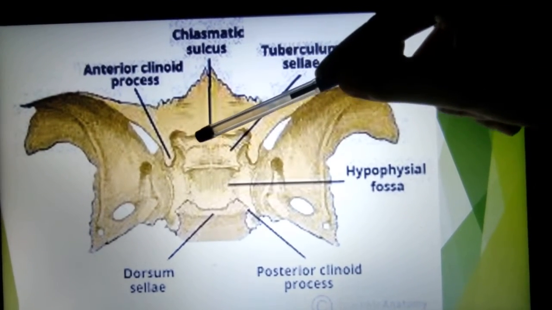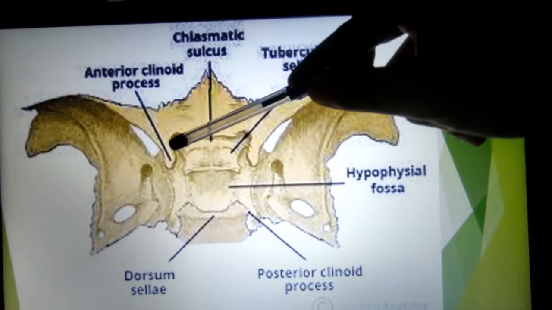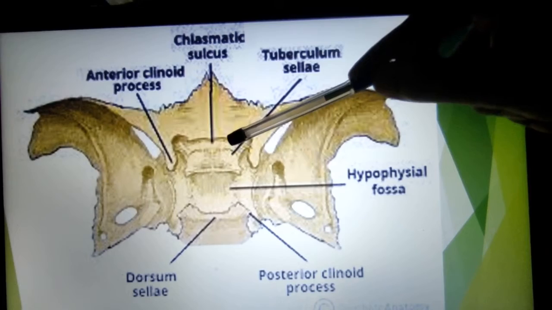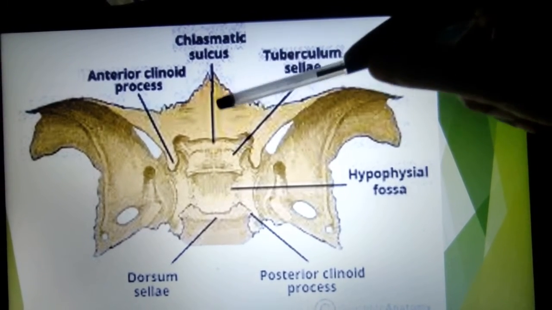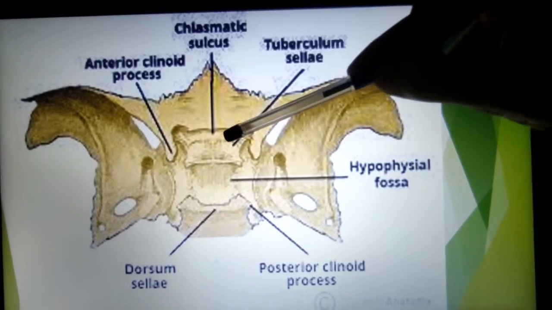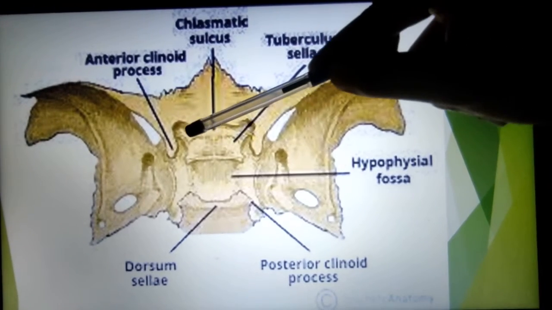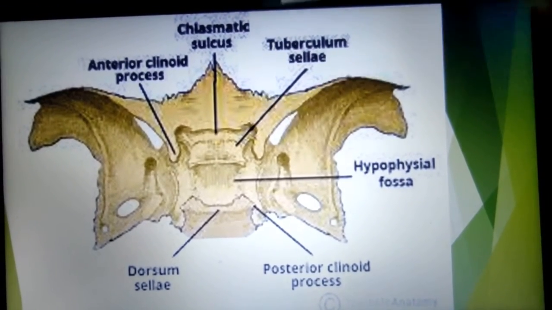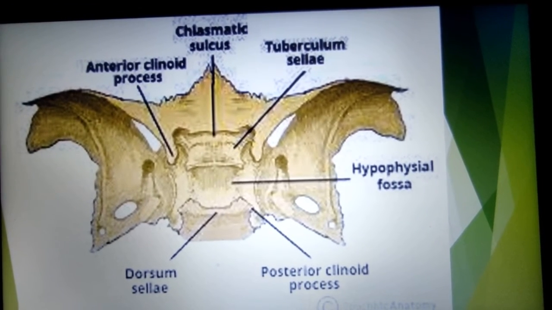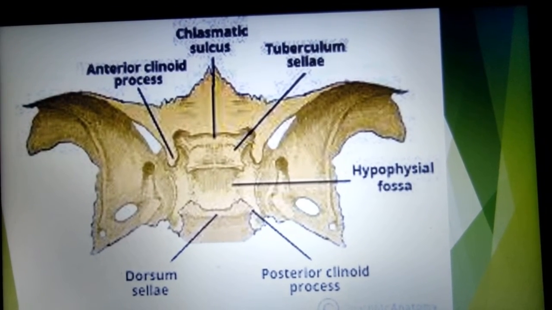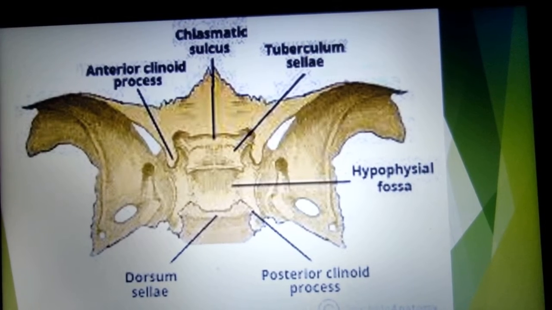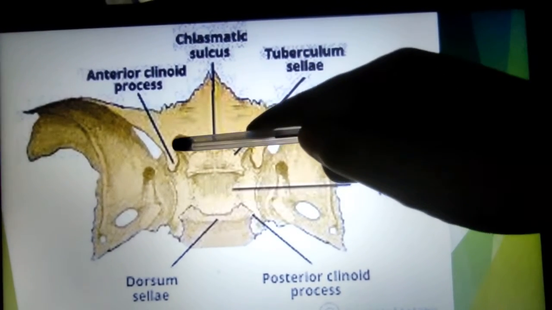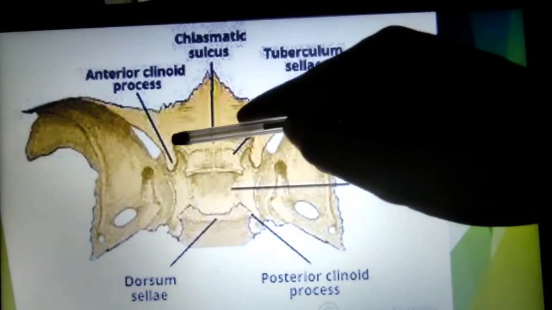We know that the groove is known as sulcus chiasmatis. This is the groove running just behind the jugum sphenoidale. This is the jugum sphenoidale, and the transversing groove is running behind the jugum sphenoidale. It is named after its relation with the optic chiasma, which never comes in contact with it. So the sulcus chiasmatis leads laterally to the optic canal. This is the optic canal.